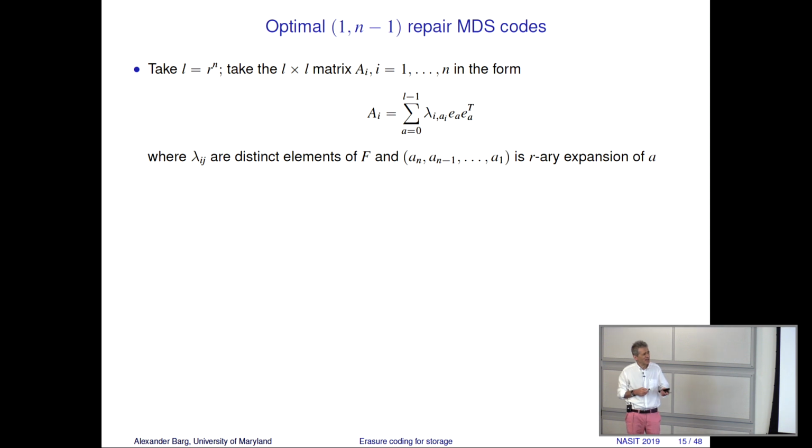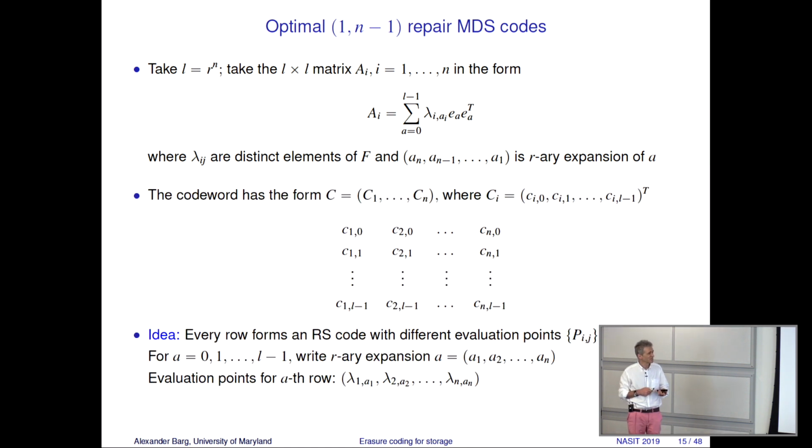And what is important here, we use the expansion of the label of the coordinate to the base R, the number of parities. So that labeling is crucial in the repair task. That is really the new idea introduced in that work. The code word will have the form as before, and the code word will satisfy those parity checks. Right? So it's as simple as it can get. Multiply by diagonal matrices, say that the product is 0, take that linear code, that will do optimal repair.